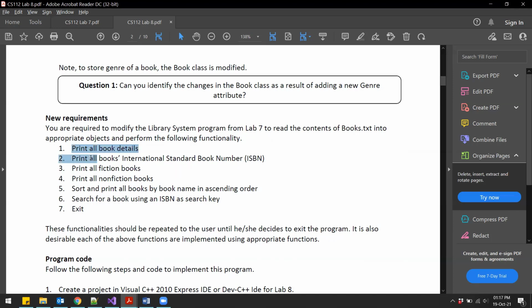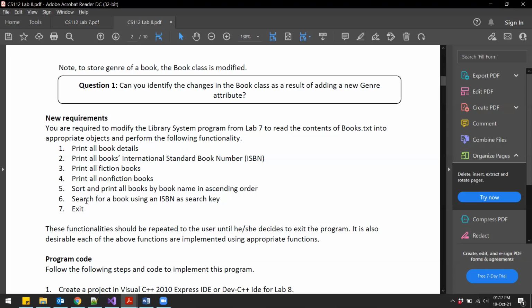We have these two functions, and we will have to make a function for printing the non-fiction books. Then likewise for the non-fiction books, and then sort and print all books by the book name in ascending order. So we will have to sort all of the books that we have in the stock by their name in ascending order. So A comes first, then B, and so on.